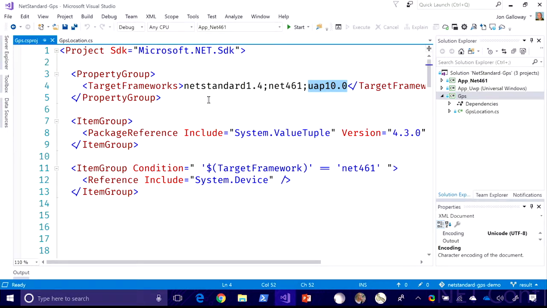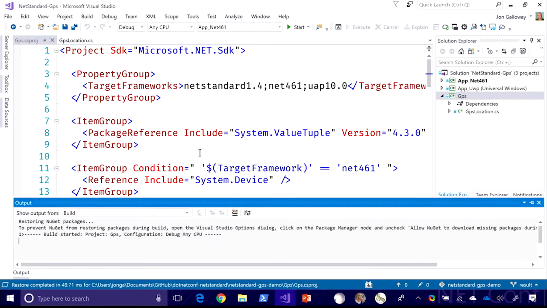And so this says, here are the different target frameworks. In this one, by default, anything that I include as a package reference is going to appear in all of them. However, if I set a target framework condition, here I'm saying if I'm compiling for 461, then I need you to reference system.device, and that's to allow that geolocation support. All right? So now that I've done that, when I compile this application, it's actually going to be